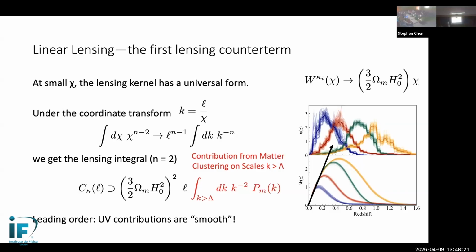This is just a slope times L, times this integral of the matter power spectrum for all scales k greater than the cutoff. What this tells us is that the leading order contribution of small scales to the weak lensing power spectrum is not some arbitrary shape, but rather a very smooth and linear function of the angular scale. This free parameter characterizes exactly the small scale behavior of the matter power spectrum. And that, I think, is really the main takeaway.